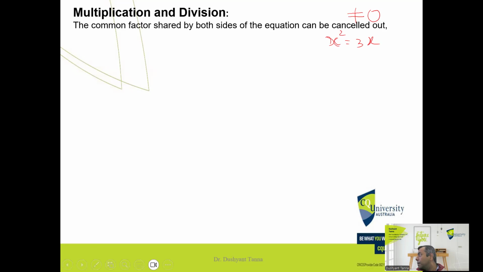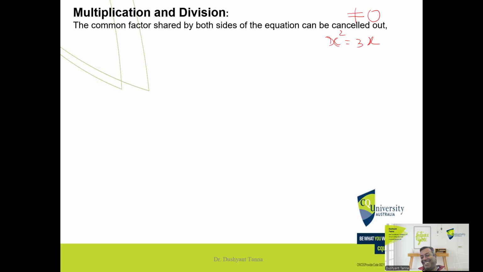Anyone? Oh, you divide both sides by 3, therefore cancelling 3, making it x to the power 2 over 3. Here by x. If you divide by 3, the 3 is still there, which you have to take on the right-hand side, so it doesn't help. But by x,